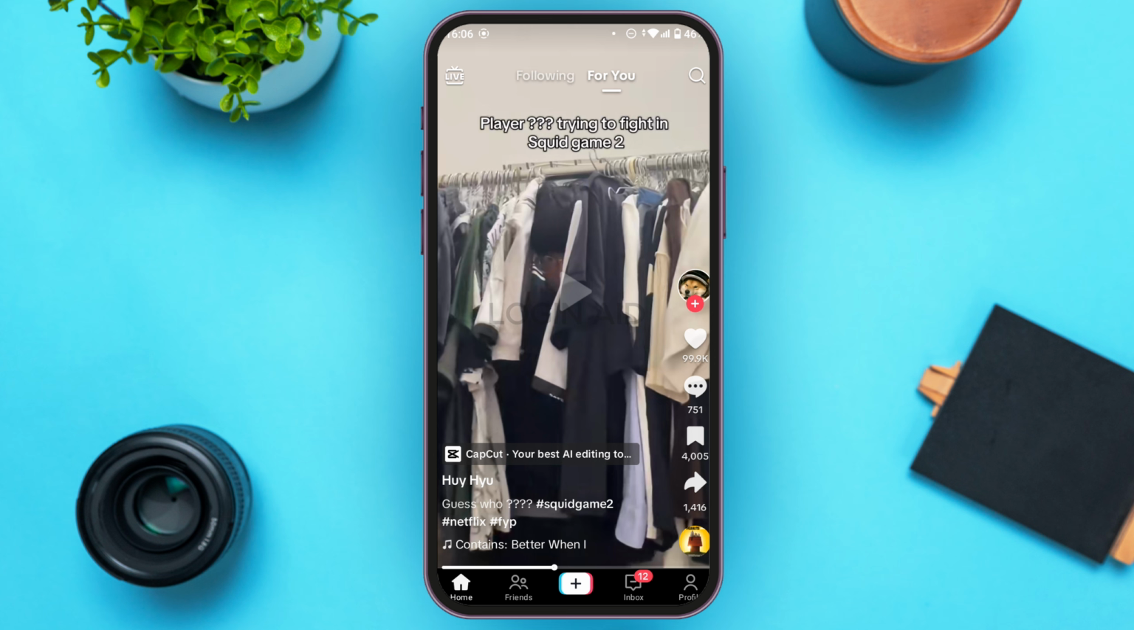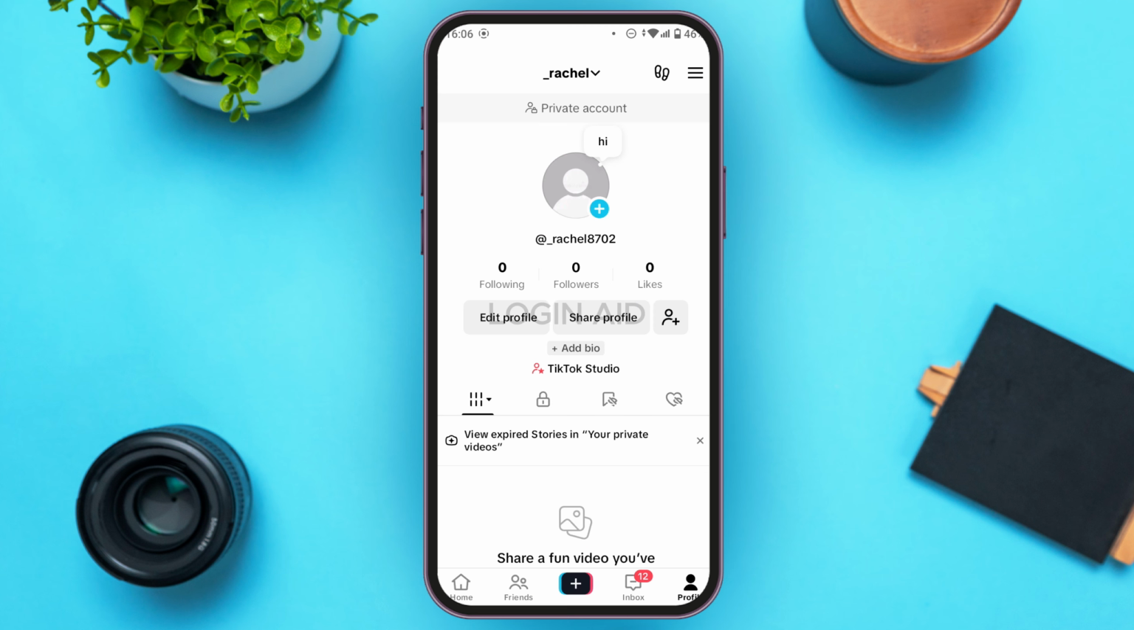At the bottom you'll be able to find several options over here. What you have to do is tap on the profile icon that you can see at the bottom right corner of your screen. Now you can see over here you'll be led to the profile interface. Over here you'll be able to see your profile. What you have to do is tap on the three lines that you can see at the top right corner